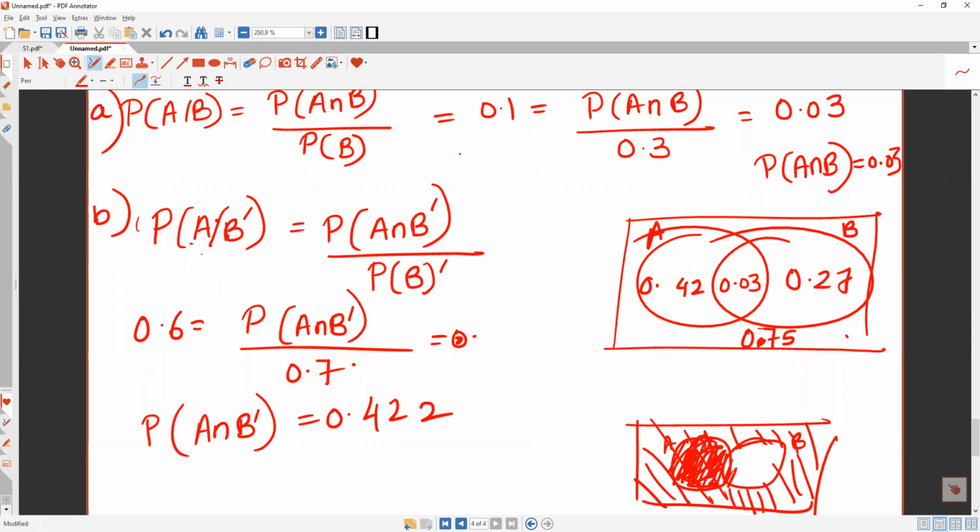Okay, so how much will this be? I made a lot of mistake over here. Add all of them. 0.42 plus 0.03 plus 0.27. কত? 0.72. Okay, 1 minus the answer. হবে 0.28. বাইরে হবে 0.28. বলো। হ্যালো, বলো।